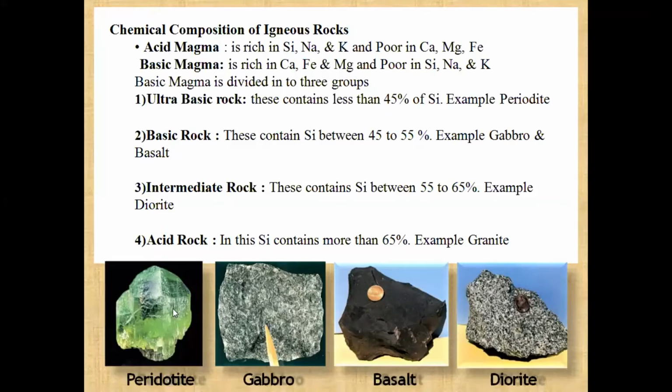Granite example is not given here, but these are some of the examples, like peridotite will be ultramafic, and then basic we have gabbro and basalt. Gabbro is formed underneath the surface of earth, solidified, and then basalt, the same composition. Remember, the composition will almost remain the same in gabbro and basalt, but the grain size will be finer in basalt. In gabbro, the grain size will be coarser.